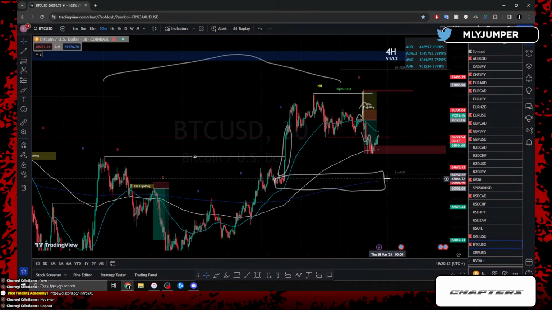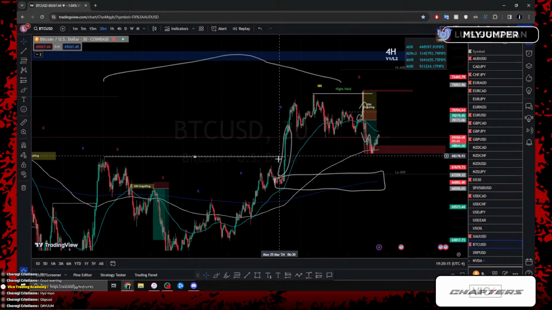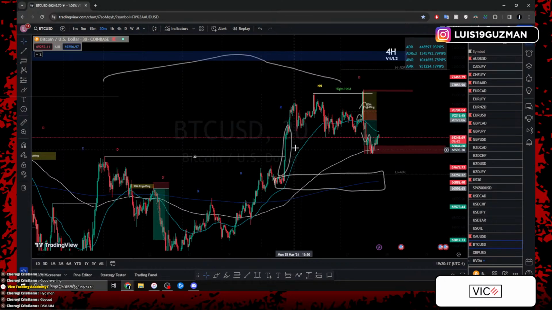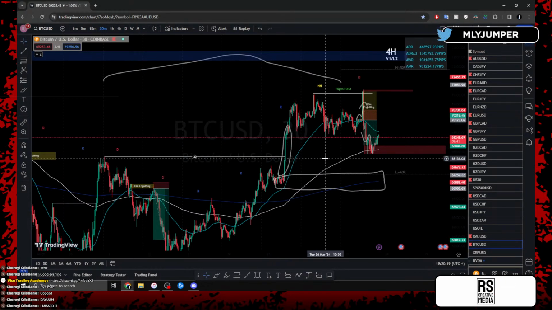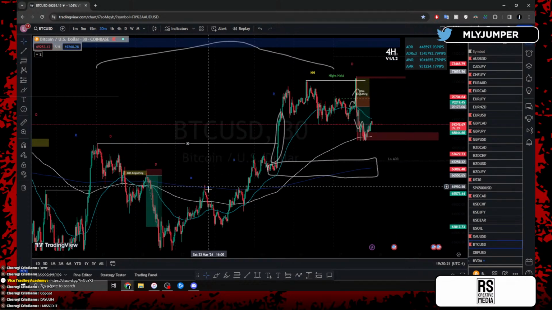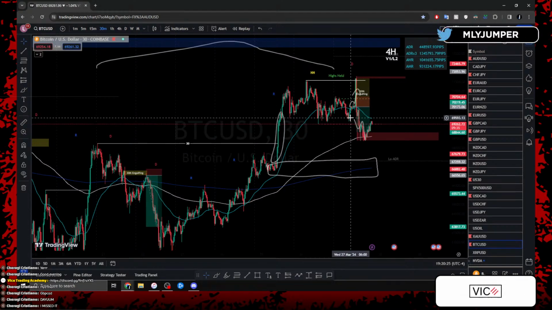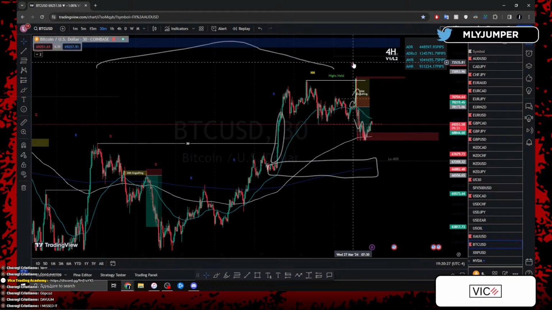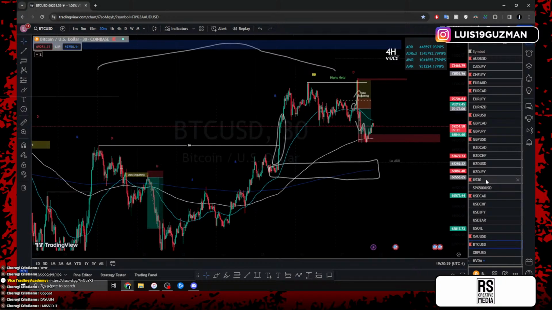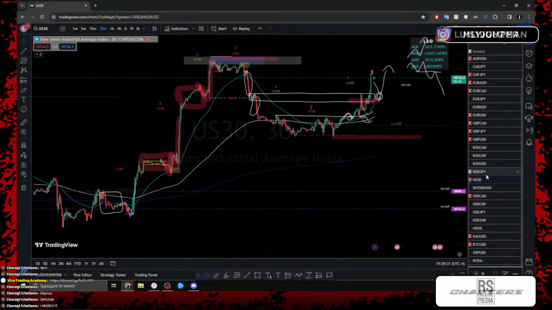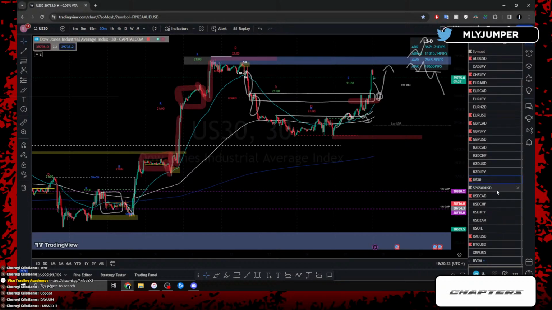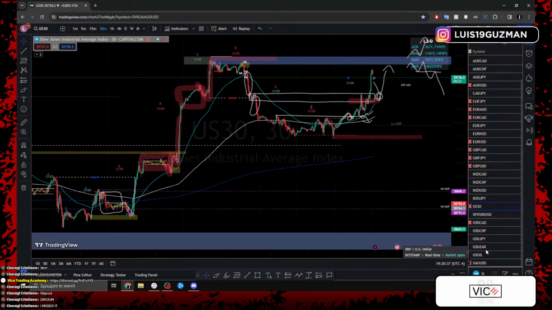So we'll wait for the continuation, right? We have these lows marked up already. We know that price wanted to come down and cover these imbalances. Waiting to see what price wants to do, right? We are still trading between higher highs and higher lows. So until we get that change of character, break of structure, we will continue to hold off on trading Bitcoin. That's pretty much it, guys. Unless you guys have any other questions, let me know.